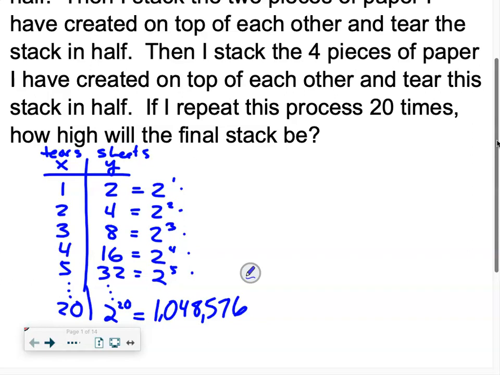Now with 1,000,000 sheets of paper, how tall is the actual stack? I'm going to just go with a ream of 500 sheets is around 2 inches high. So if 500 sheets of paper is about 2 inches thick, then if I divide my 1,000,000 by 500 and multiply by 2, that tells me that my stack would be roughly